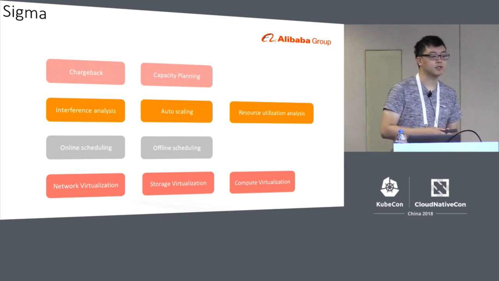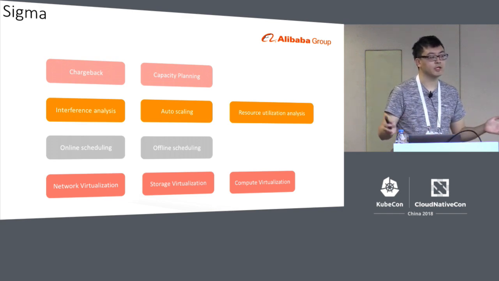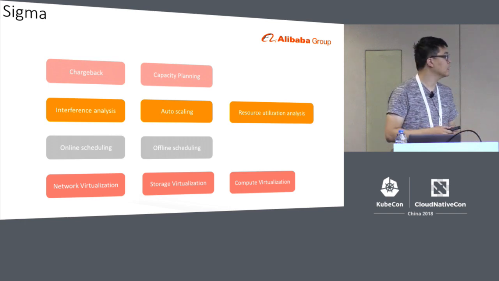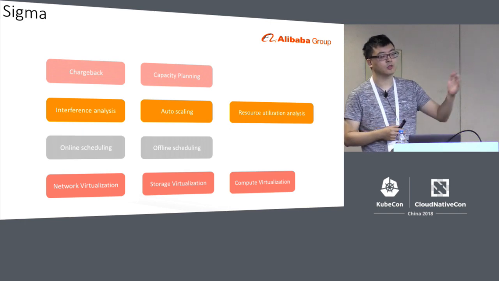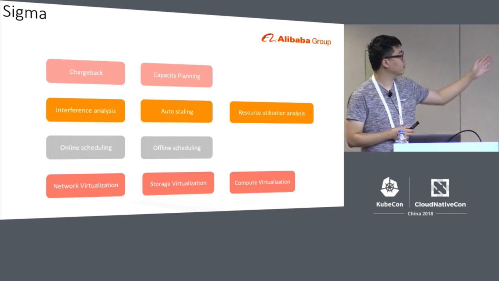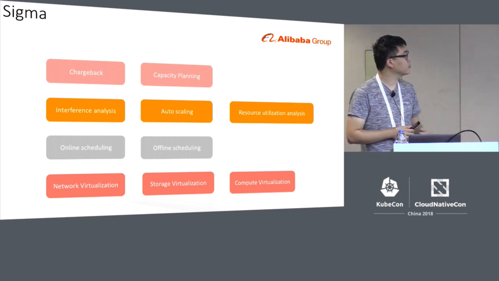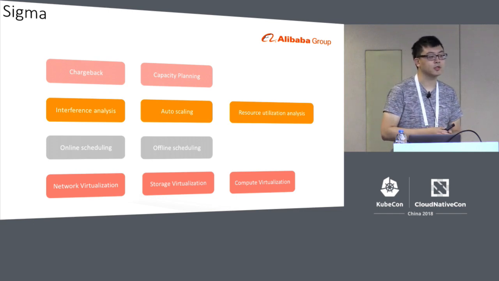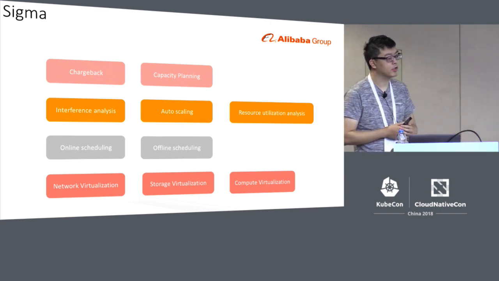We also have auto scaling, and we want to scale automatically according to customers' needs. In this way, we want to avoid the overhead of resources, to avoid static resources or resource waste. For example, in the peak time of each day, the system will automatically raise the volume to respond to the rise in load without human interference or operation. And we also have the resource utilization analysis.